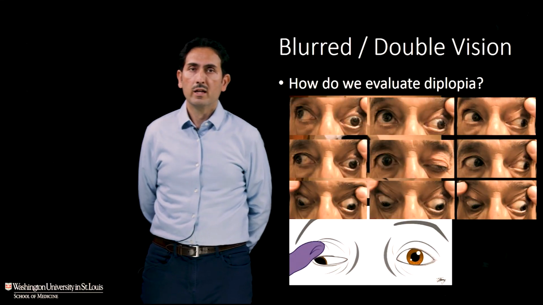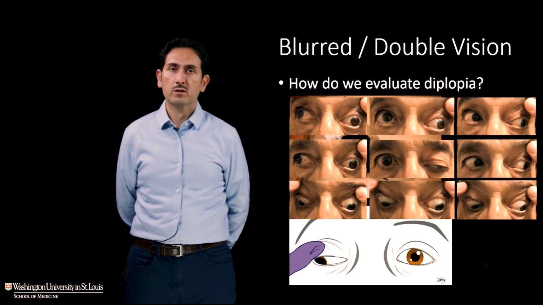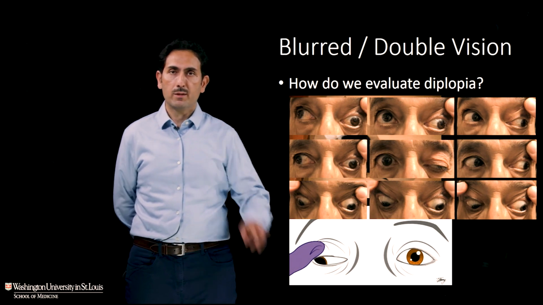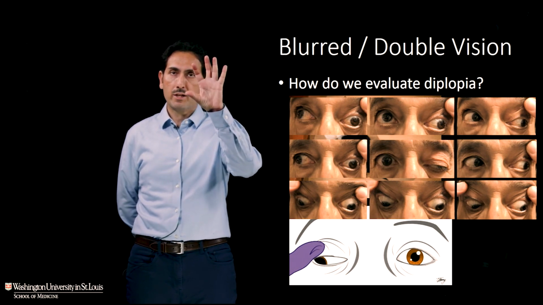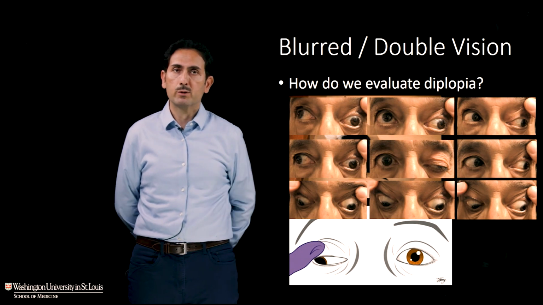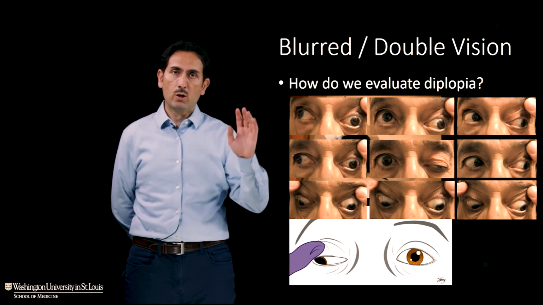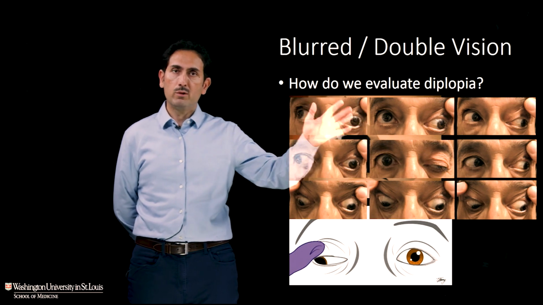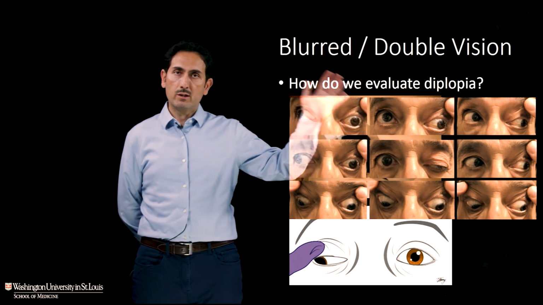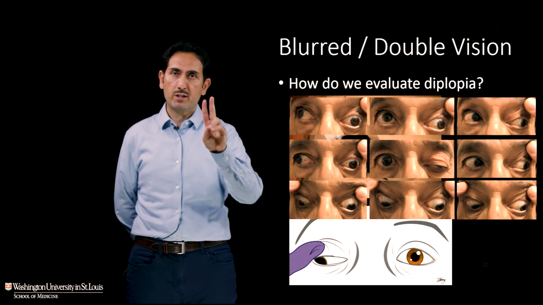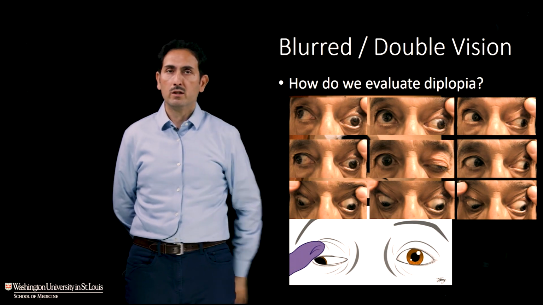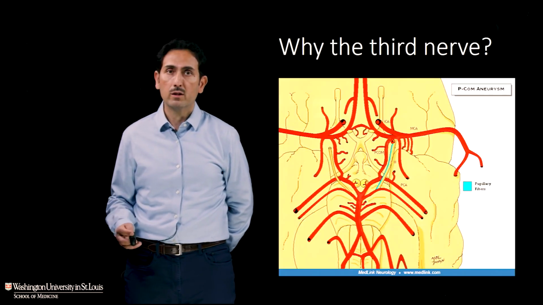The other thing to ask the patient who has double vision is whether the two images are side by side or vertically separated or otherwise. This can also help you. For example, with a sixth nerve palsy, where the limitation is only looking to the left, the double vision will be worse looking to the left, and the two images will be separated horizontally with no vertical separation. So that can also be helpful.